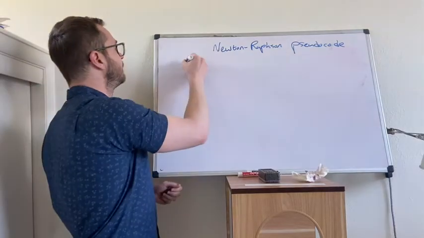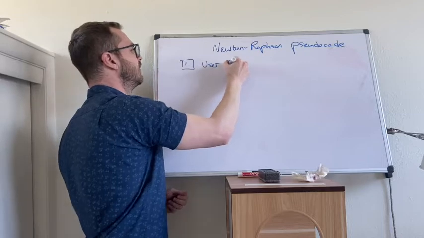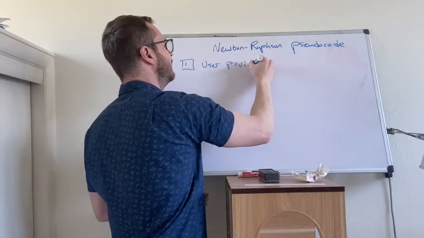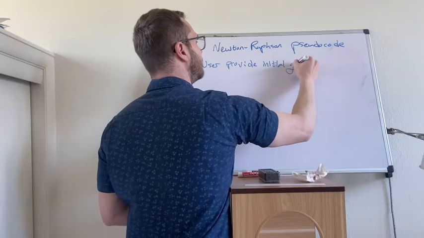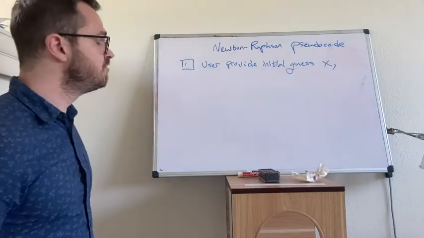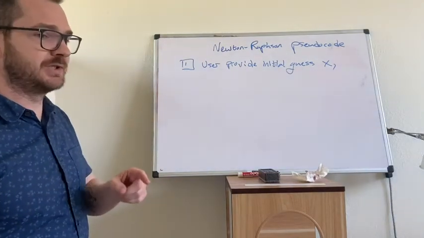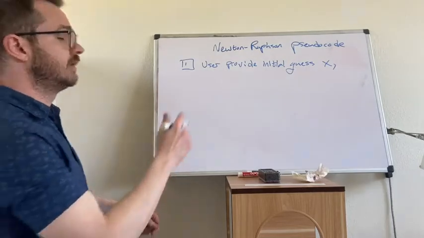Number one, the user has to provide some initial guess. Some initial guess, we're calling it x1, right? Remember on the bisection, you gave x1 and x2. Newton-Raphson, you only give the x1. Number two,